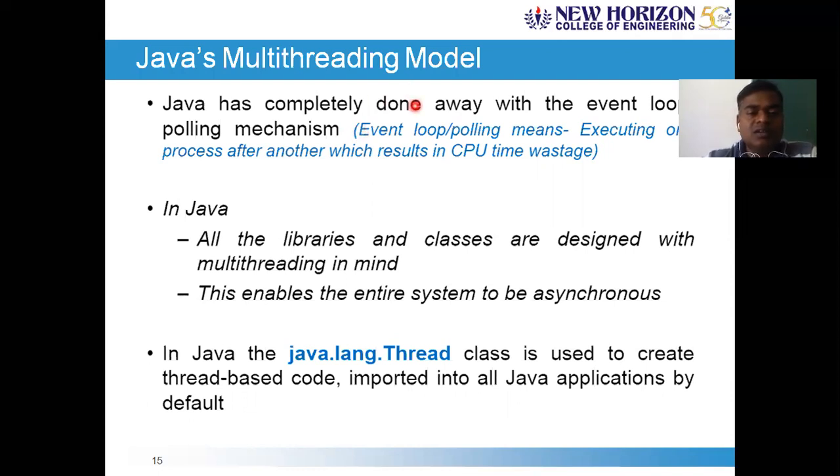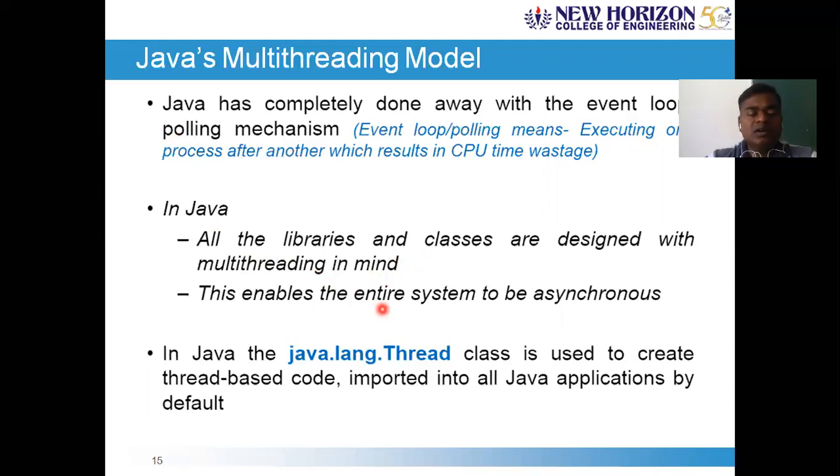All the library functions and the code already built in or defined in the model come by default along with the multi-threading system. In Java, all libraries and classes are designed with multi-threading in mind. This enables the entire system to be asynchronous.